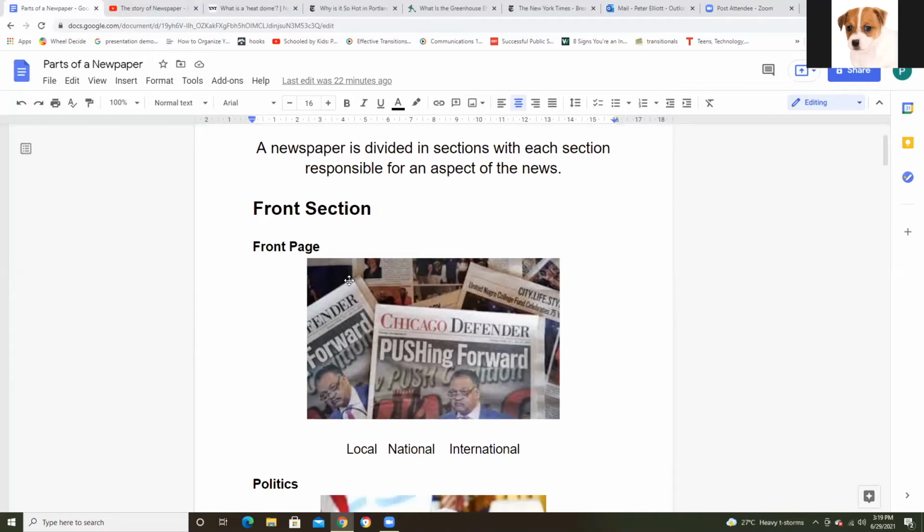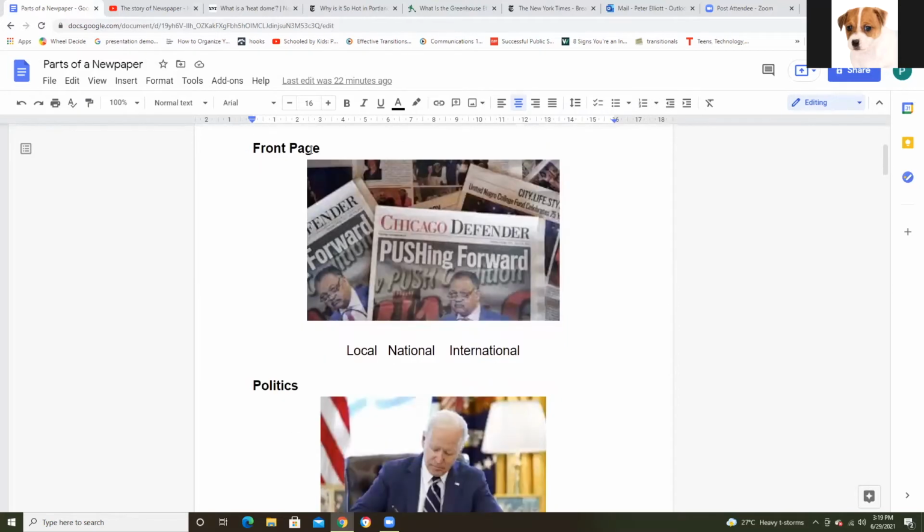Each newspaper in each city and in each country takes a lot of time to make sure that all the important information is contained on that first section. Within that, you'll notice that the three components of news consist of local news, national news, and international news. So when I say local news, what does that mean? When someone says this is a local news story,